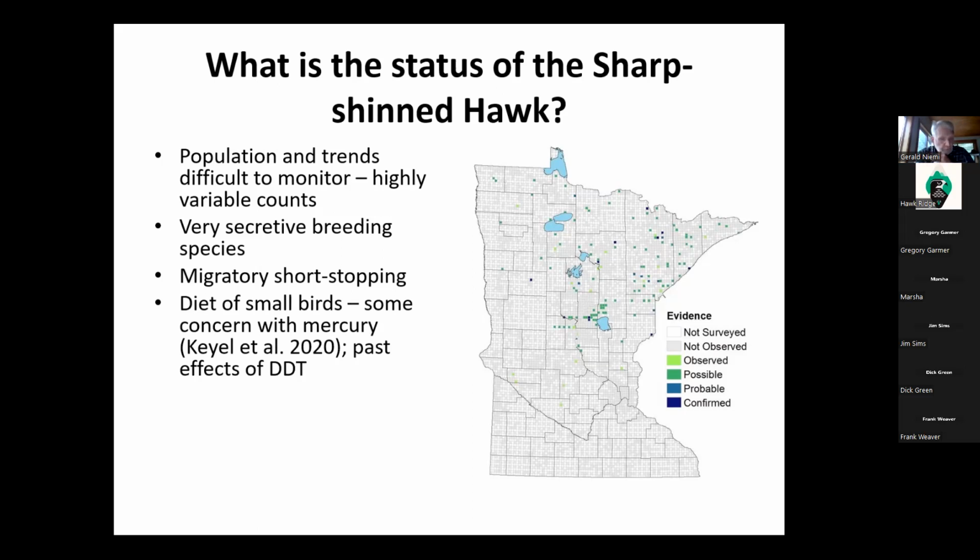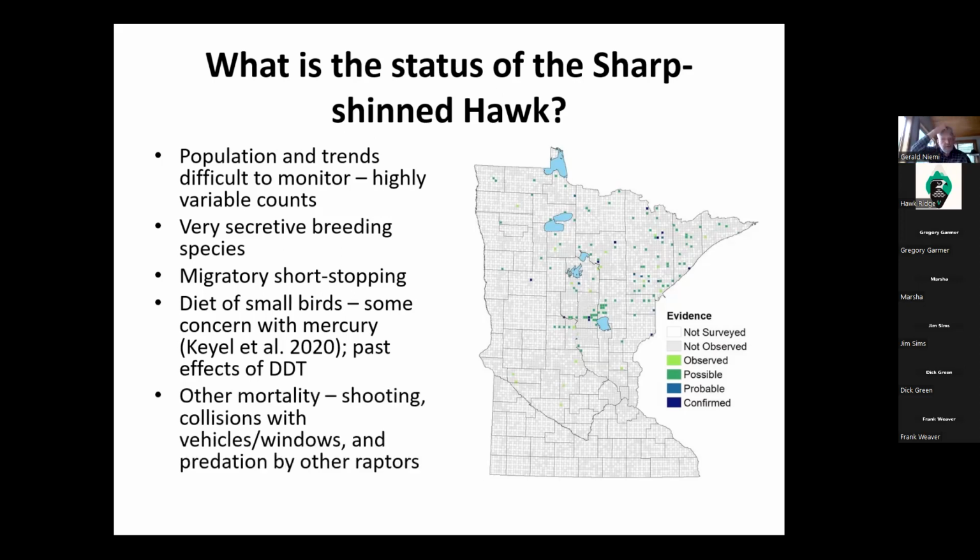Again, this is a small bird. There is some concern with mercury. One of our students, Ted Kyle, analyzed some of the mercury data for the species and determined that there potentially could be an effect of mercury on that species and the potential past effects of DDT. Other mortality factors: still shooting, collisions with vehicles and windows, and predation by other raptors. Then